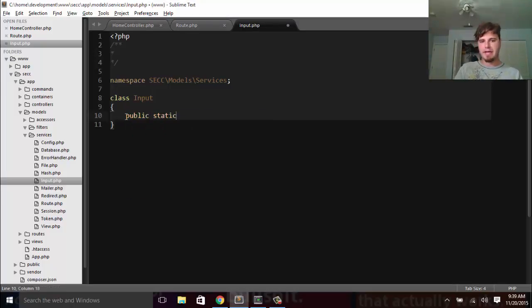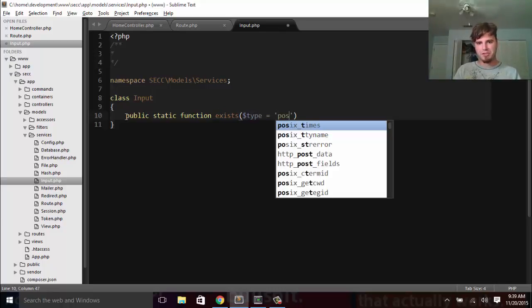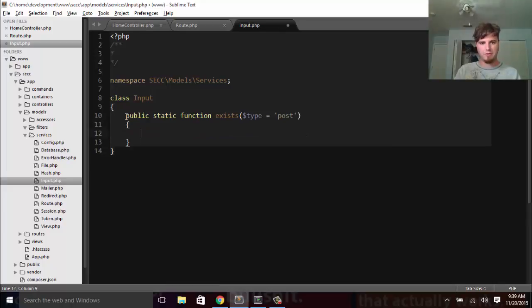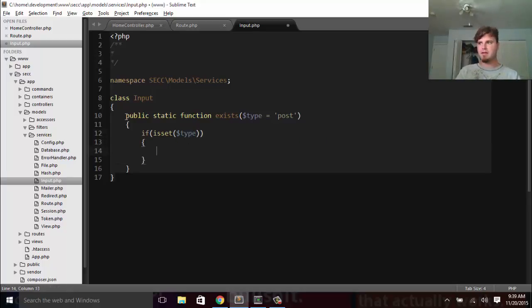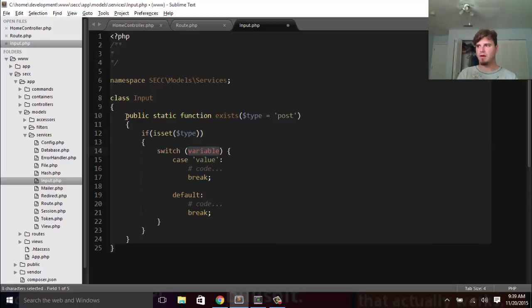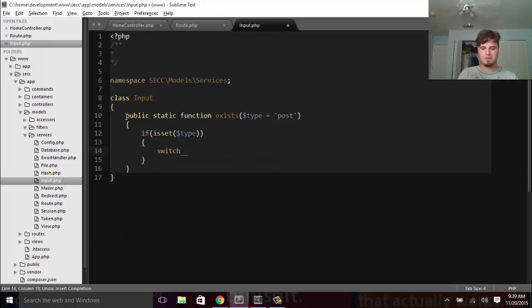We'll go ahead and make a public static function, and call this exists. We'll want to pass in the type, and we'll default that to post. So we're going to assume that if we're not looking for get, then we are going to check for post. So we'll say if is set type, then we'll go ahead and switch on type, and we'll say case